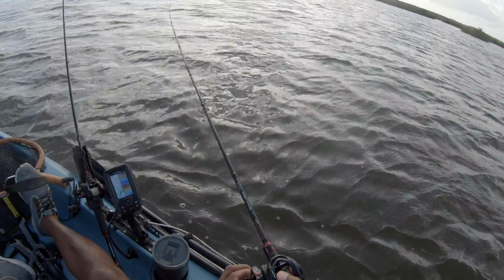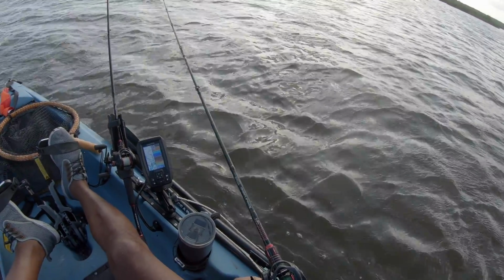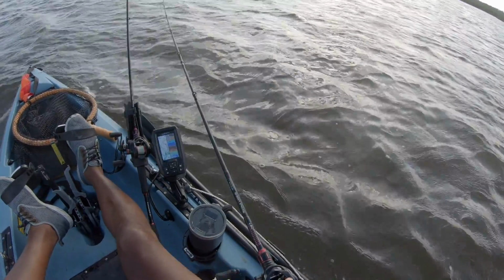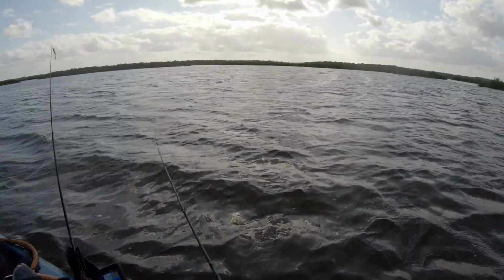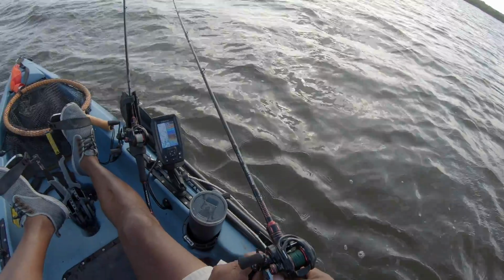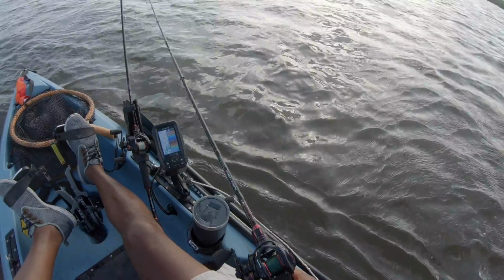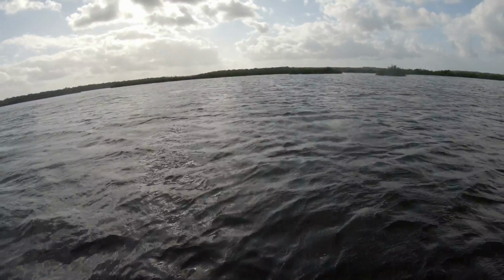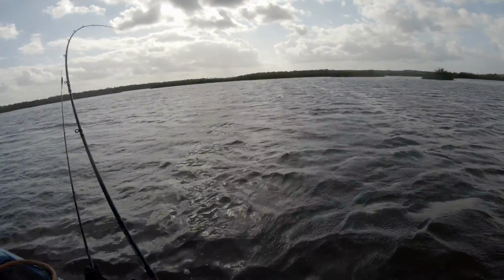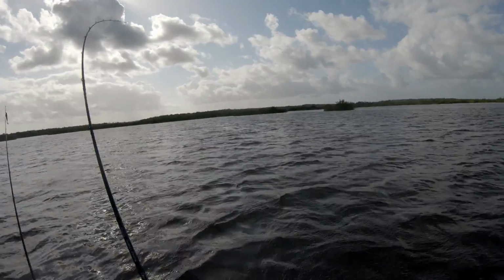Yeah, what's wrong with my drag here? Oh, it's way loose. That's not good. Too loose to even catch this fish. There we go. Now he knows he's caught. This is on a down south lure. Yeah, it's a good redfish probably. Down south lure